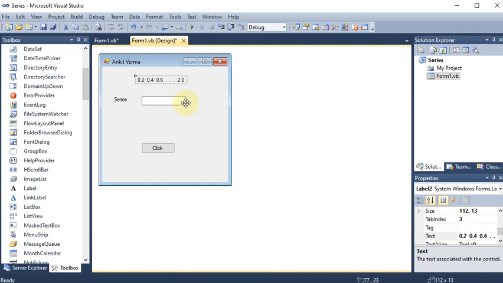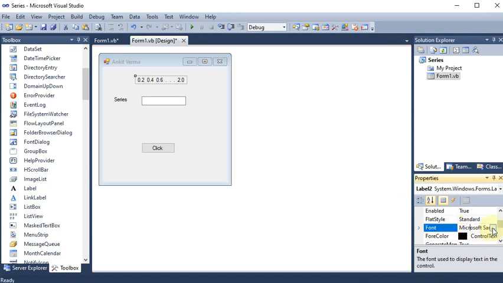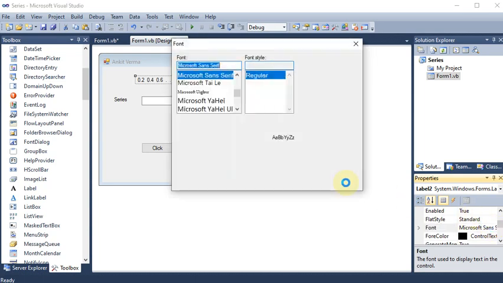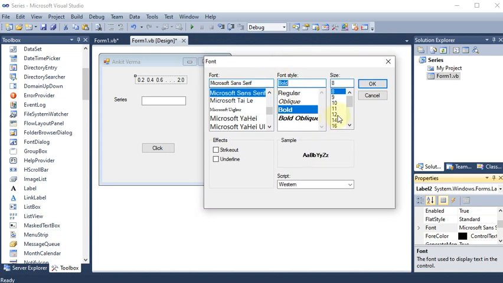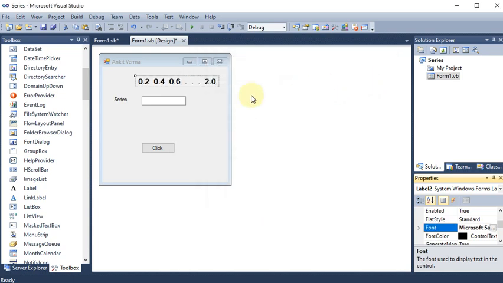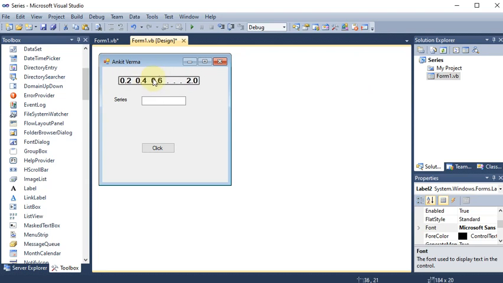If you want to make the font size bigger or make it bold, you can just click over there and go to the properties. In the properties we are having the font. So click over there. Now from that one font dialog box will open. You can see that here we can select bold, we can provide let's say 12. So this type of series we want to display inside this text box. This is the message we are showing to the user. Now we are aligning it so that it will give a good look.